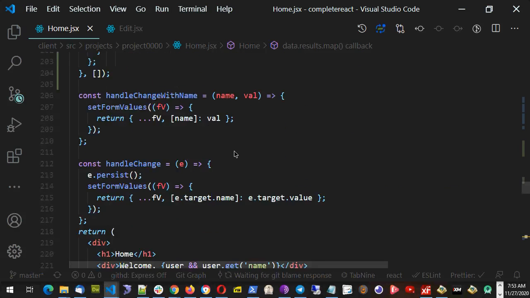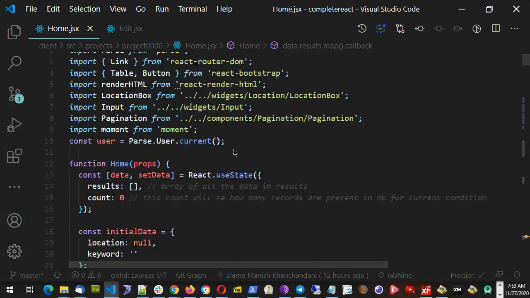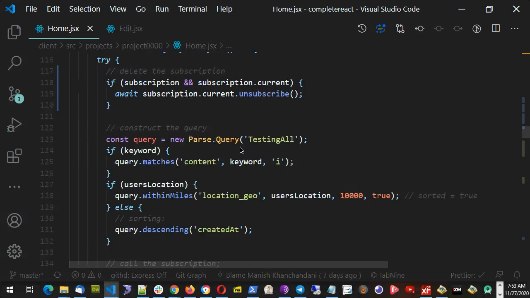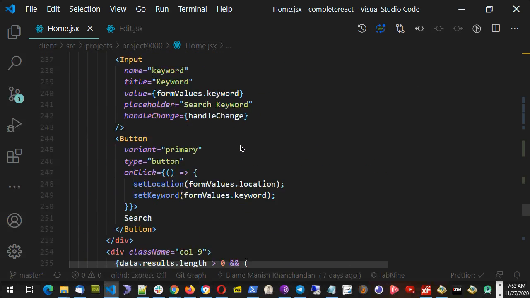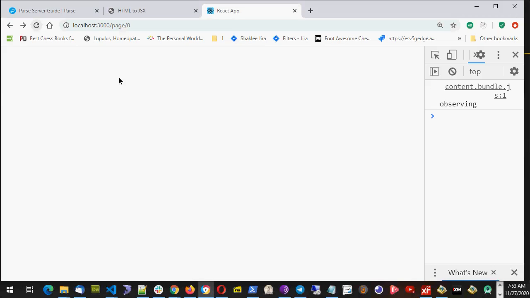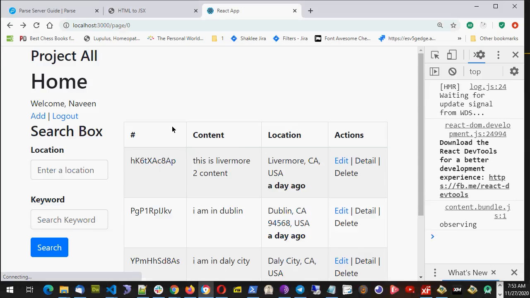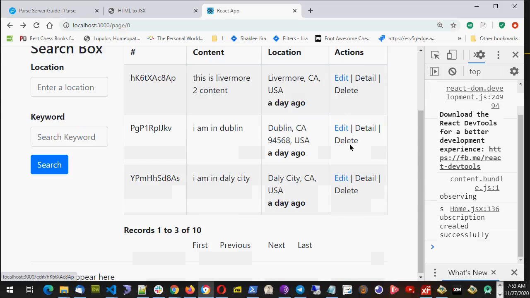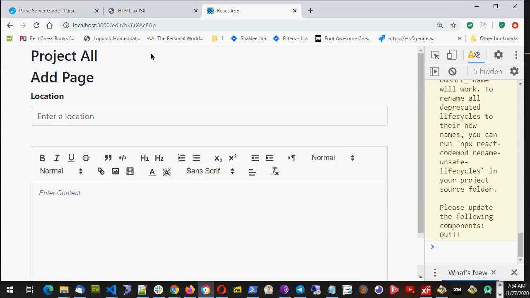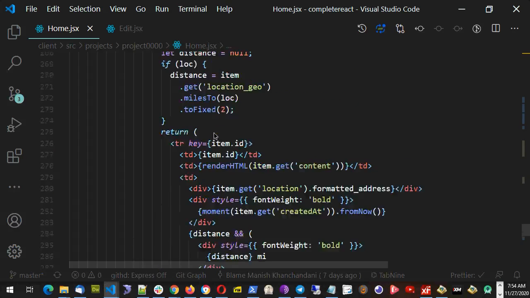Okay, so I give the link to this one. Let's see if Link is imported or not. So Link is here. We have to import Link from React Router DOM. Okay, so this is the one. Let's check now. We will see the edit part, and let's go to edit this part. If you see in the URL, we have edit, and we also have the ID which I want to edit. And to get this ID in this page, we can use